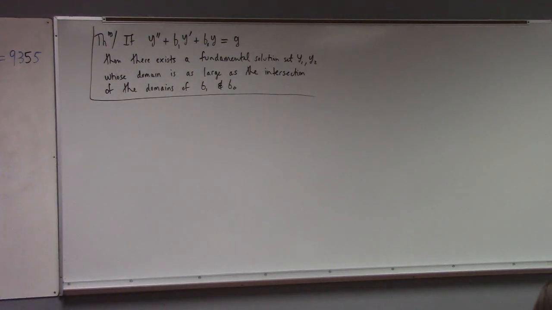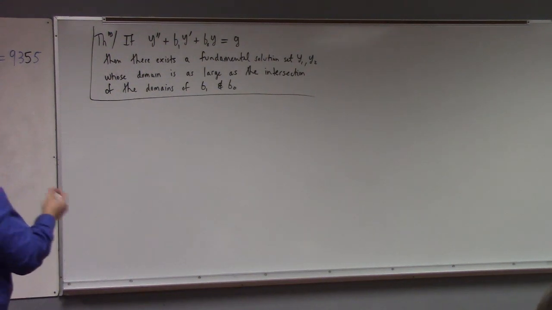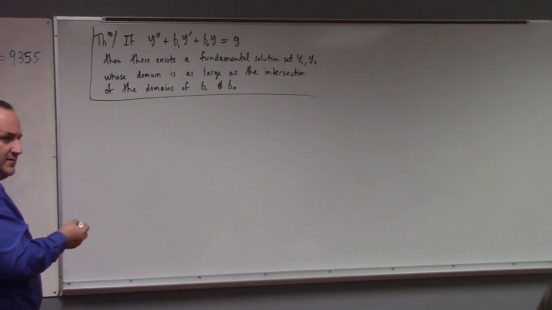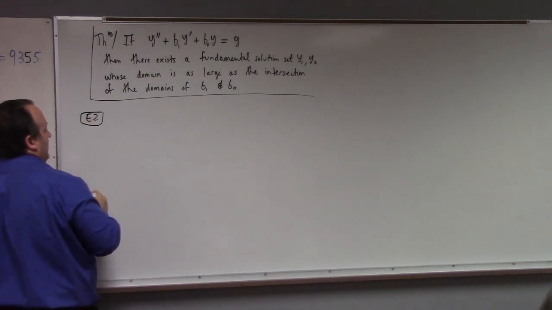And that still doesn't quite capture it. Let me show you some examples of how to find the domain, all right? It's like example 2. We'll have to come, and we have to,